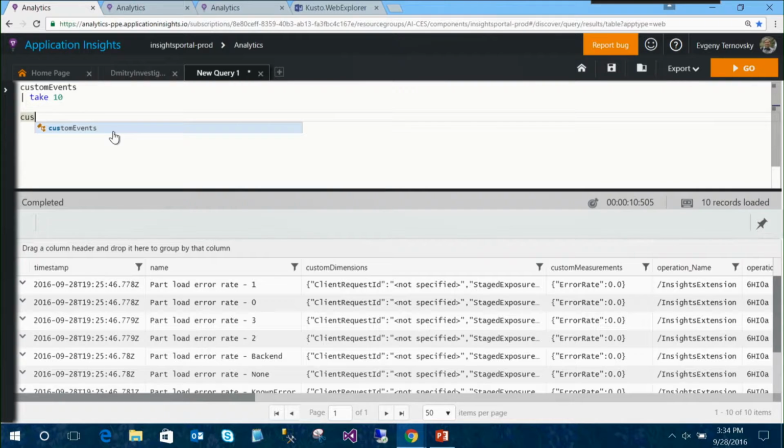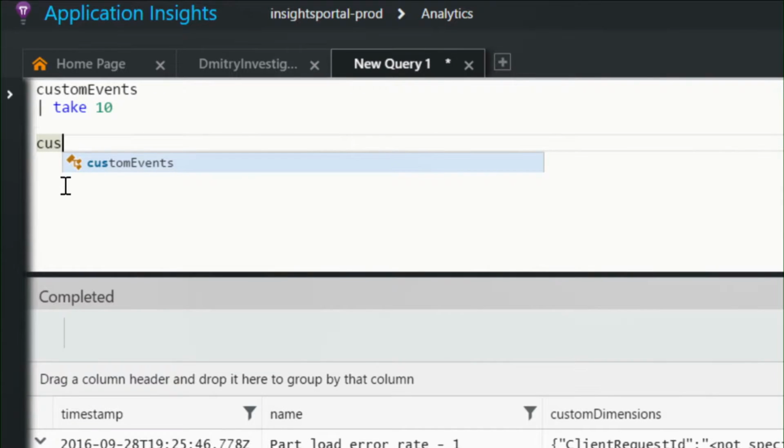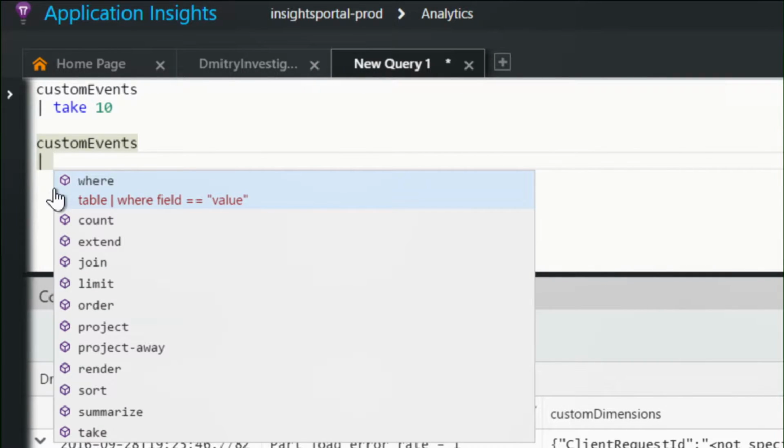So again, I'll start with custom events. And again, let me zoom in here for you. And I'll press Tab. This time, I want to do some filtering. I don't care about all the events. I want to look at a specific event. First of all, in Black Friday, note that I don't want to look at the entire data set I have. I want to look at recent data to see if there's any events happening recently that I should be concerned